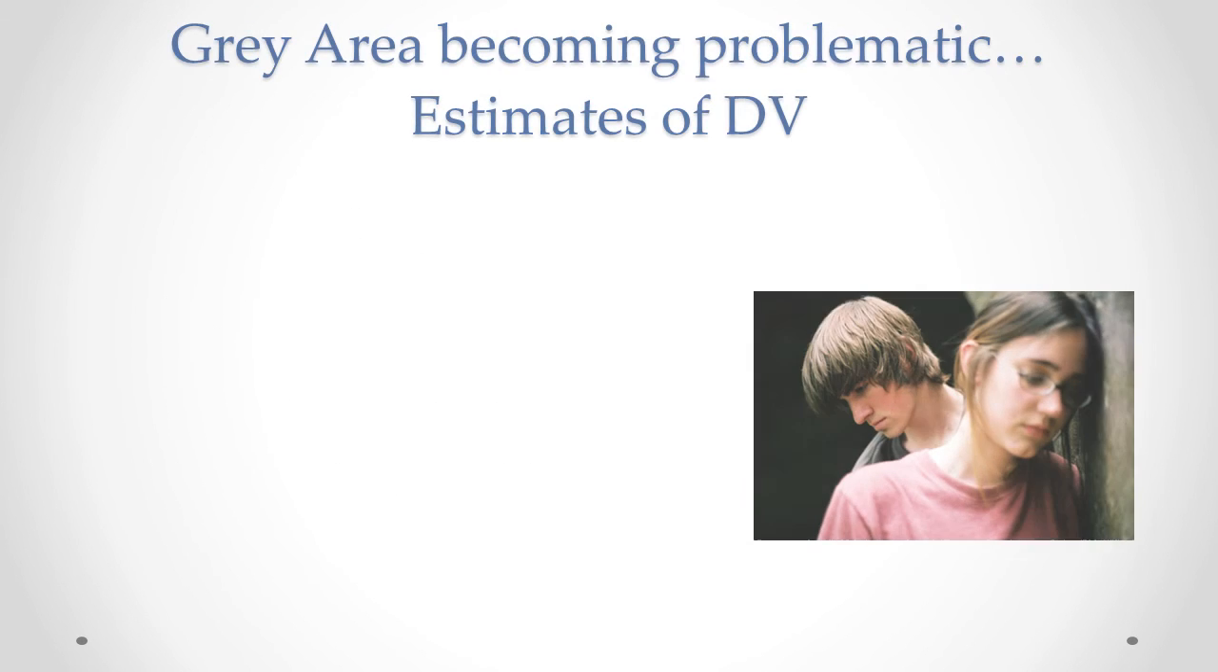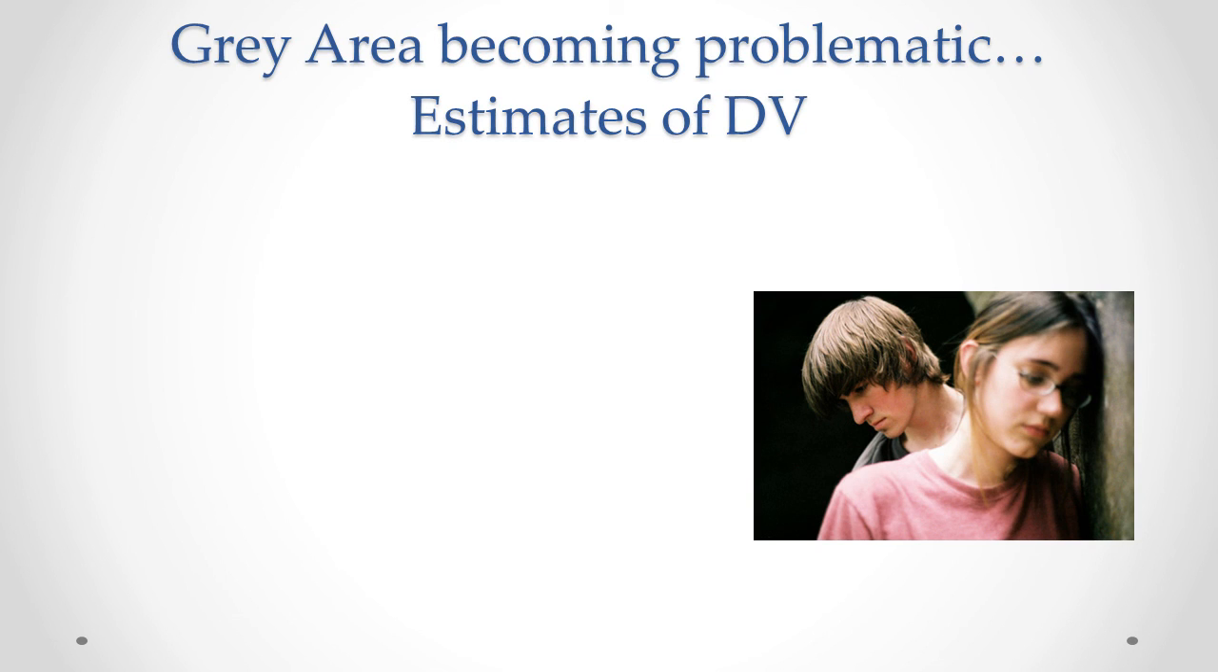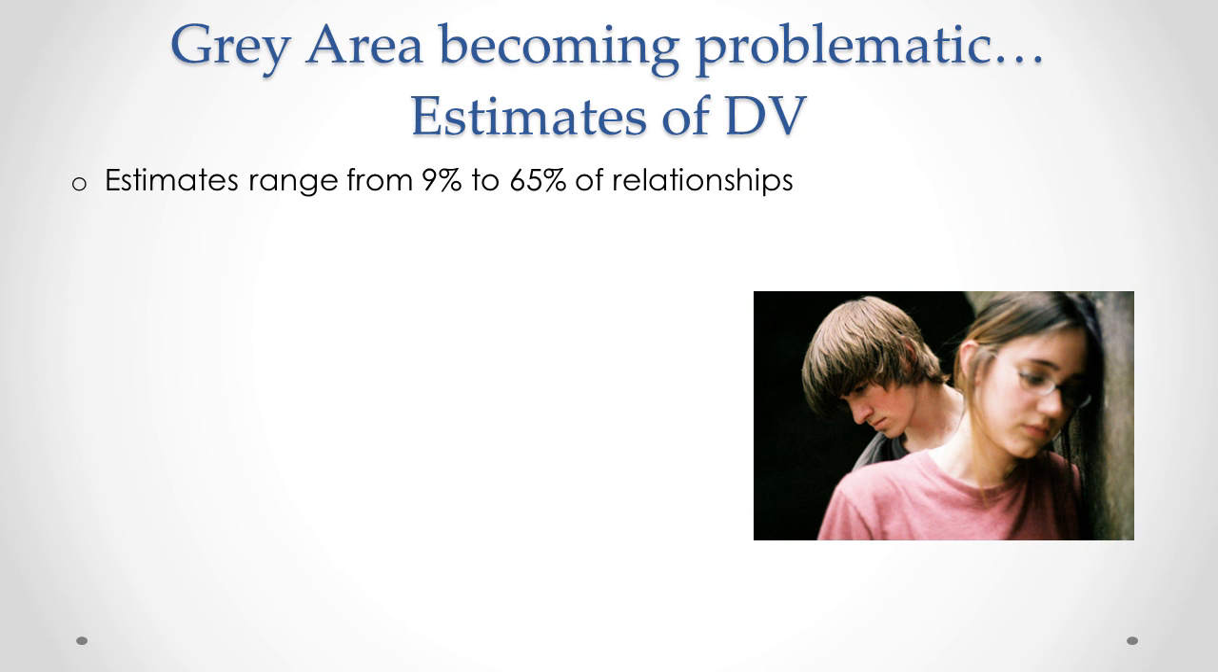So in terms of how common dating violence is, we've got a really wide range currently estimated in psychological research and also through national statistics. Currently we're looking at a range from 9% of individuals in dating relationships to 65% of people in dating relationships that have experienced some form of dating violence. That's a huge gap and a huge range to try and figure out how common dating violence is in romantic